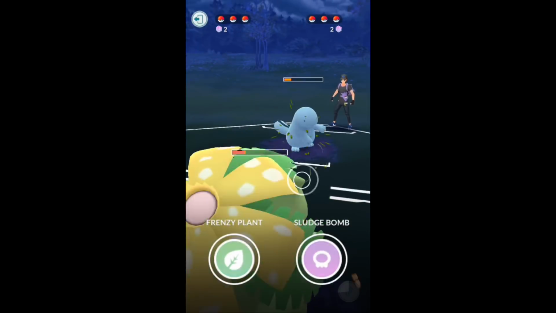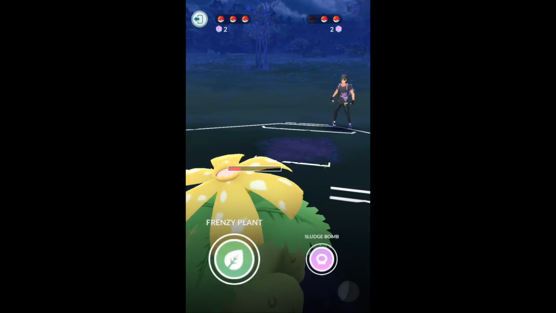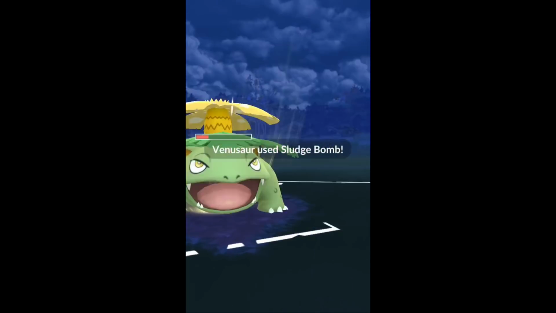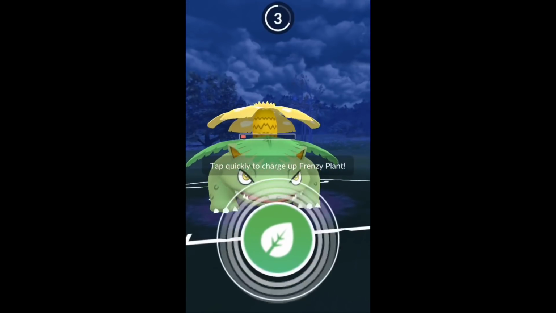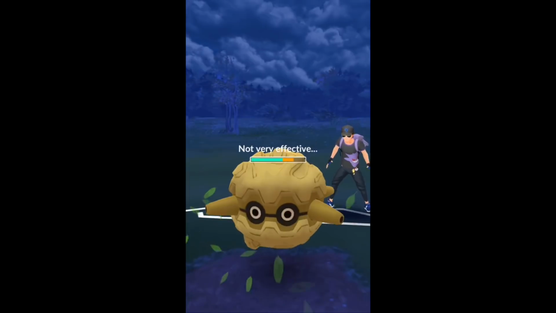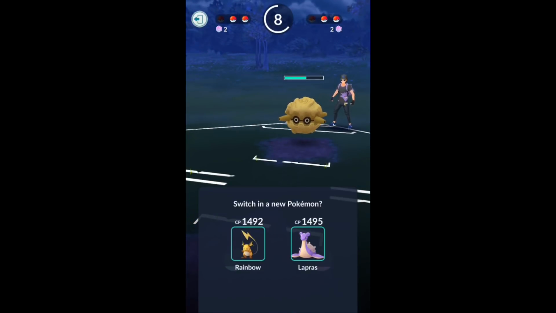You can see Stone Edge does do quite a bit. I could have shielded that and saved my Venusaur a little bit of HP there. I wanted to see how much Stone Edge would really do in a real life scenario. It brings out Fortress. I don't have anything that's going to do any kind of damage to Fortress, so I'm in a bad position here. Venusaur's going to go down, but we're going to get some chip damage here. Get him down quite a bit, and we're going to bring out...